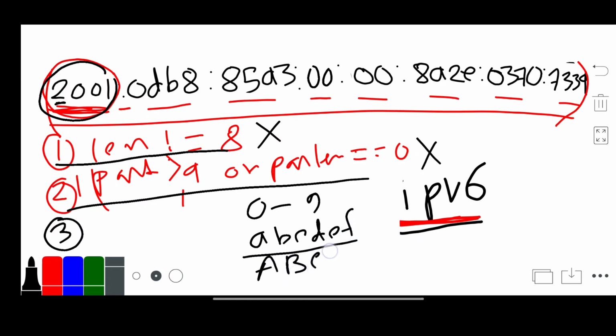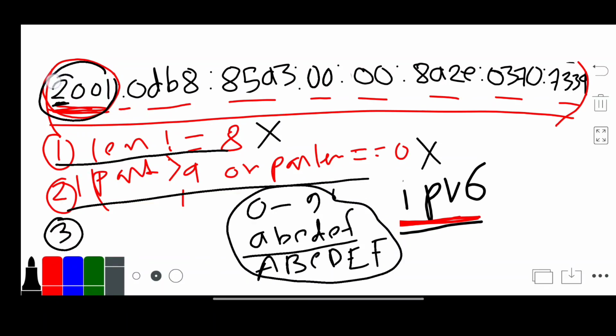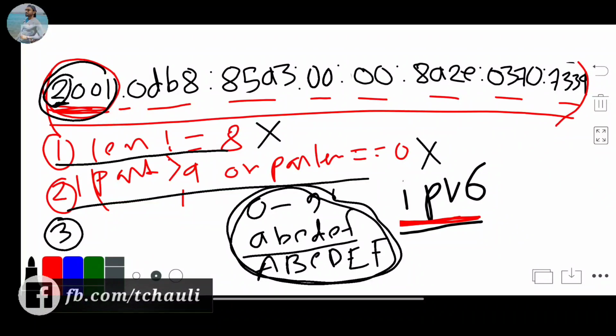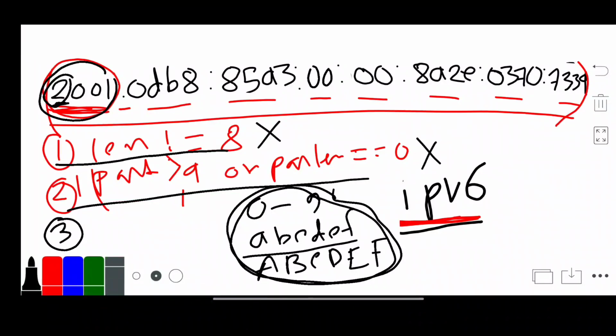So if every character, means this single character, comes under hexadecimal digits, then we can say this satisfies the rule of IPv6. If it is not, suppose there is a G instead of B, this will not be an IPv6.